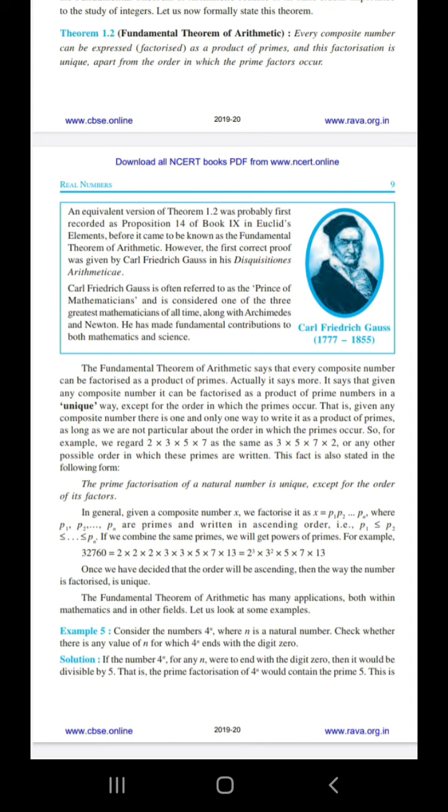The prime factorization of a natural number is unique except for the order of its factors. In general,